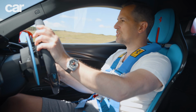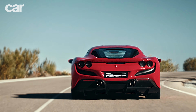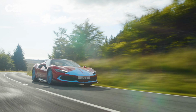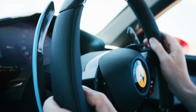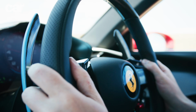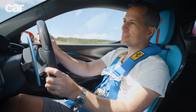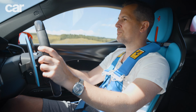It really feels like it wants to turn, this car. It's got a shorter wheelbase apparently even than the old F8 Tributo, and it gives it this immediate sense of wanting to change direction, just absolutely fly into an apex. And of course you've got the really quick steering rack. Electric steering now. I don't think Ferrari's steering's ever been reference quality, so I don't think the switch to electric is anything to worry about. Medium speeds, low speeds, there isn't really much feel. It's a bit disappointing, but actually